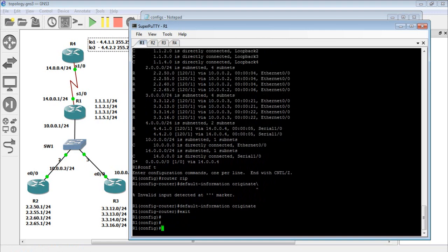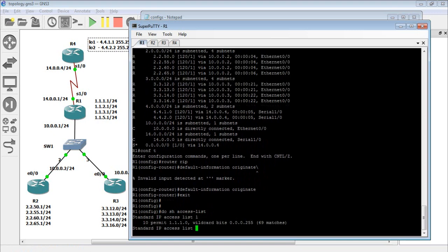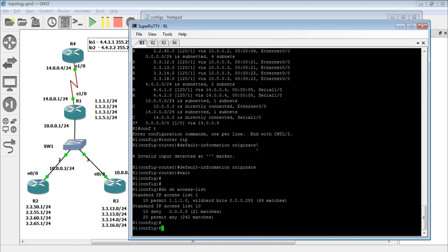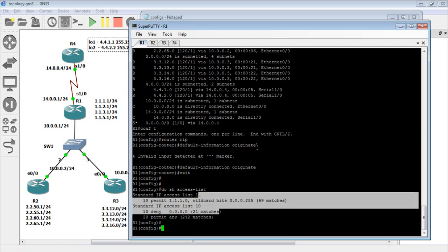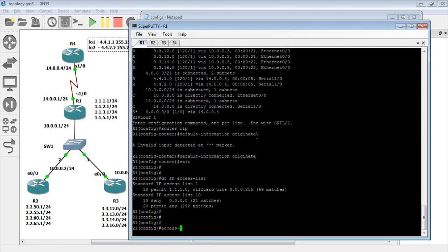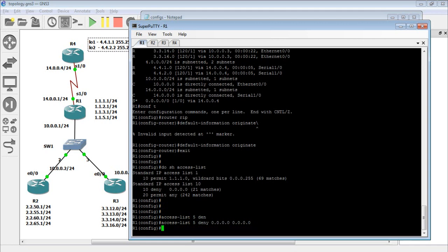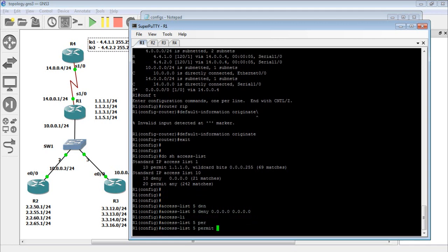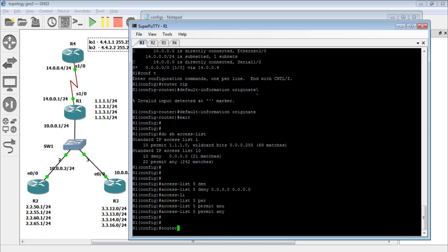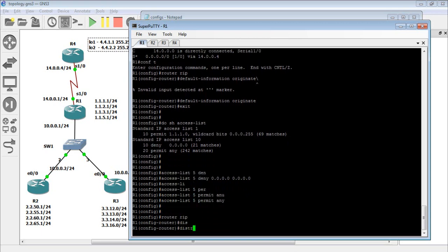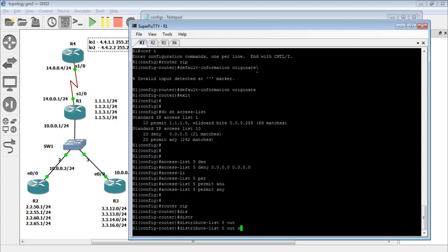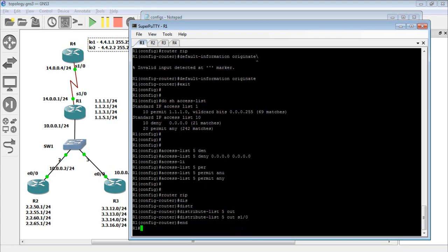Let's do that. Before creating an access list, make sure you don't have any access list. So we already have two access lists, 1 and 10. Let's create access list 5 and stop sending the default route to router 4 and permit everything else. Go to RIP configuration, use distribute list 5 out serial 1/0. Okay, so we have called access list number 5 in this distribute list, and we have stopped advertising